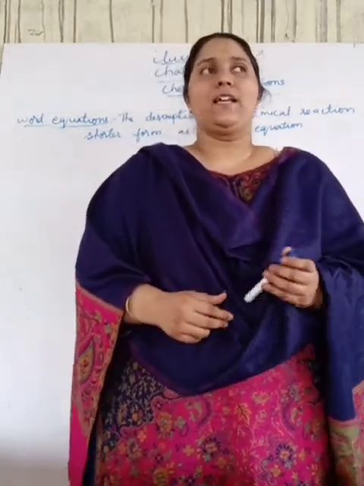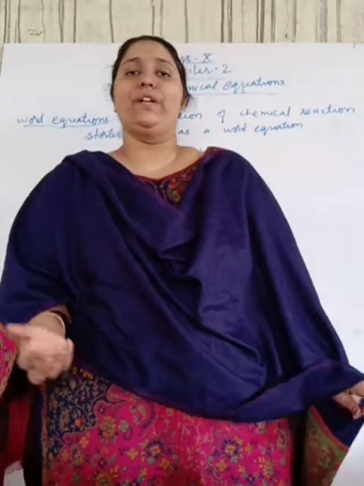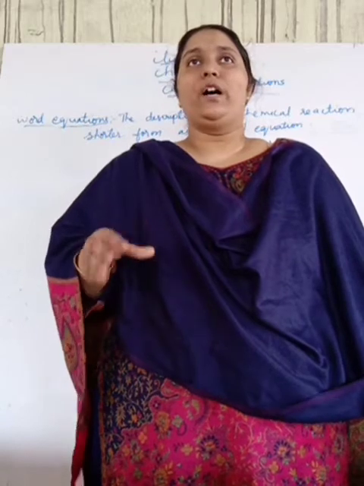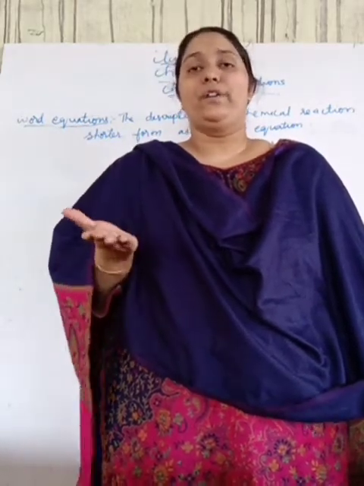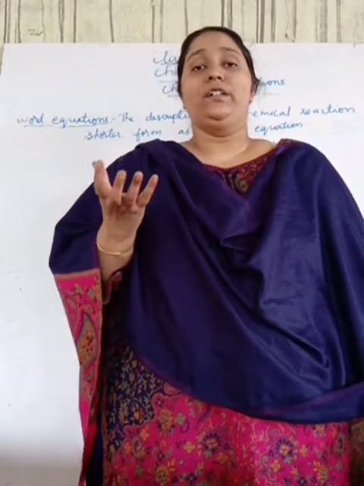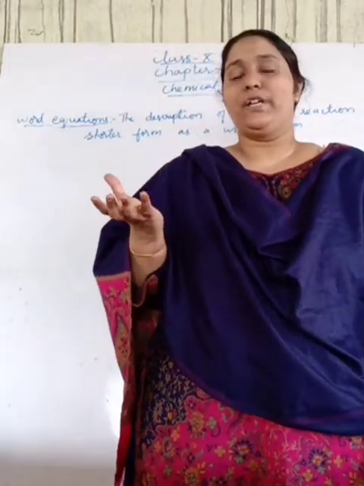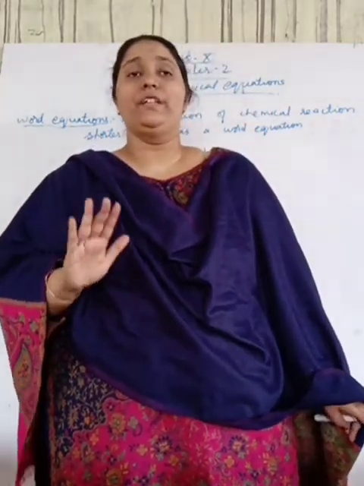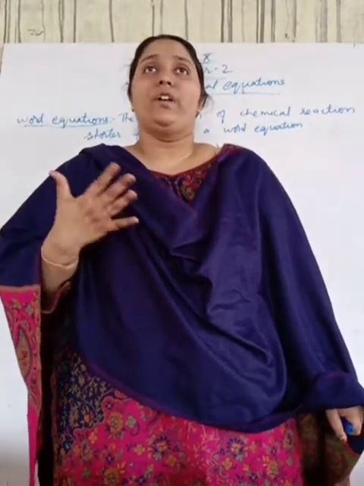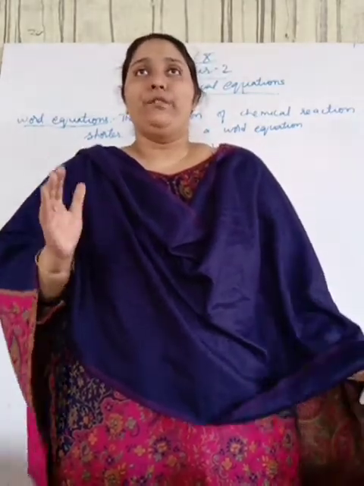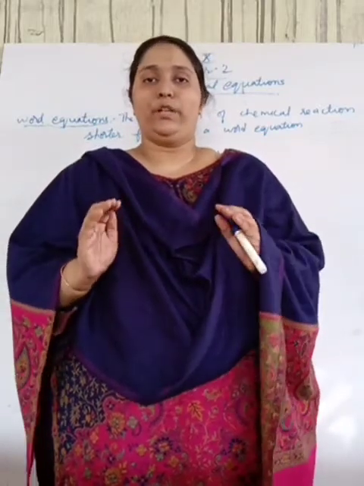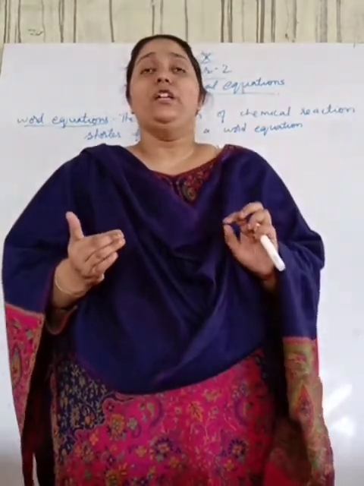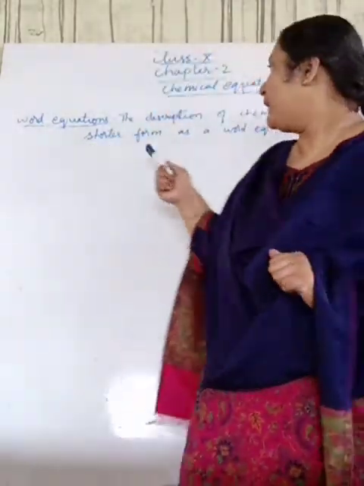Okay, so last class in activity 1, what we have studied: we took a beaker and added calcium oxide and water to it, and a colorless solution is formed. Whenever we touch the beaker, it is hot; we observed that the beaker is hot. All this chemical reaction in descriptive form is very big. So if I want to write this described activity in a shorter form, by seeing it we can tell which type of chemical change takes place. All this description in a shorter form is nothing but a word equation.